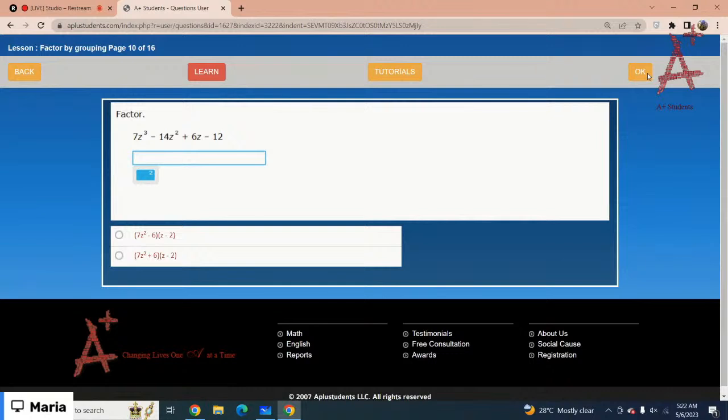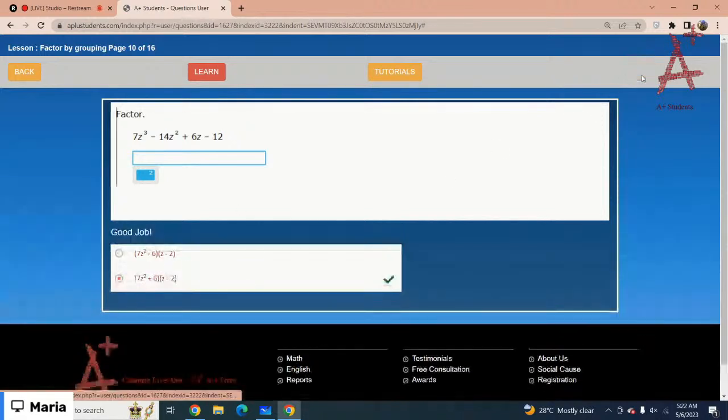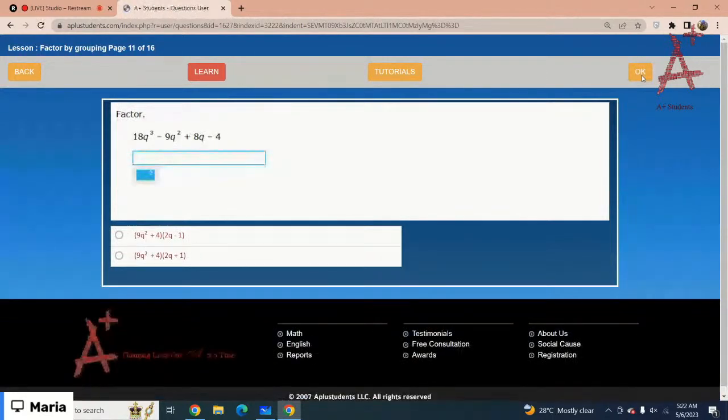It would be option number 1, 7z square plus 6 and z minus 2. That would be option number 2. Okay, the next one is